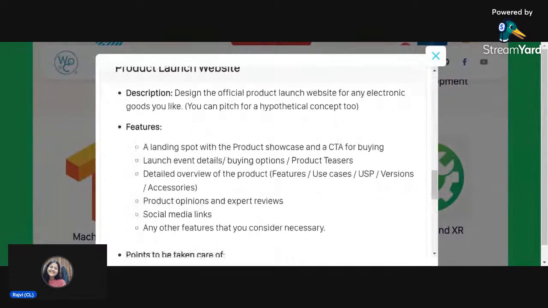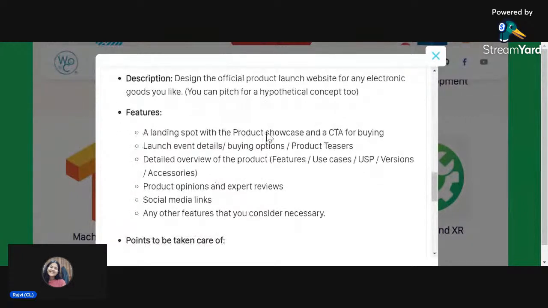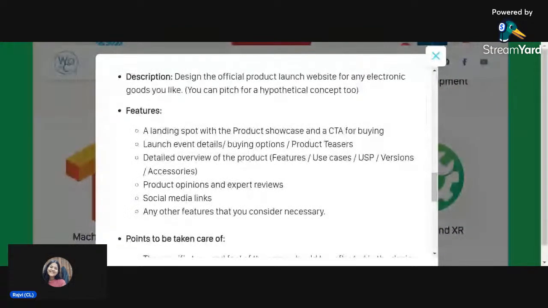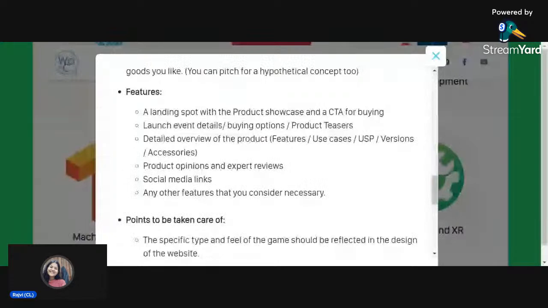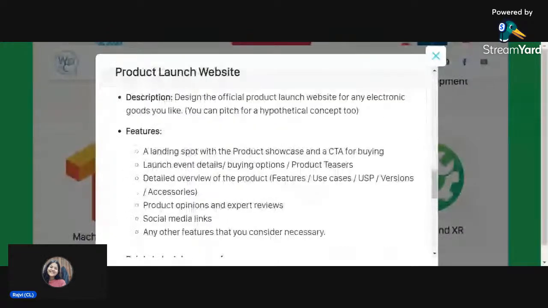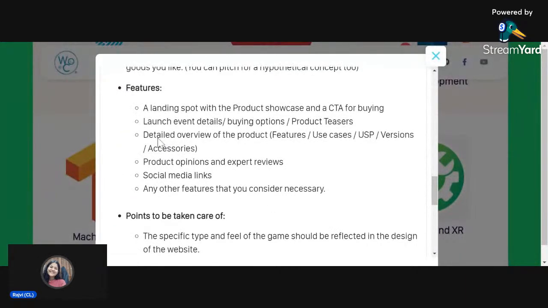You have to design the landing page with the product showcase and the call to action button for buying. And the call to action button obviously changes, because that was for download, play, and here it is for buying. And the launch event details, buying options, product teasers, and all of the events, and everything should be there. And detailed overview of the project,